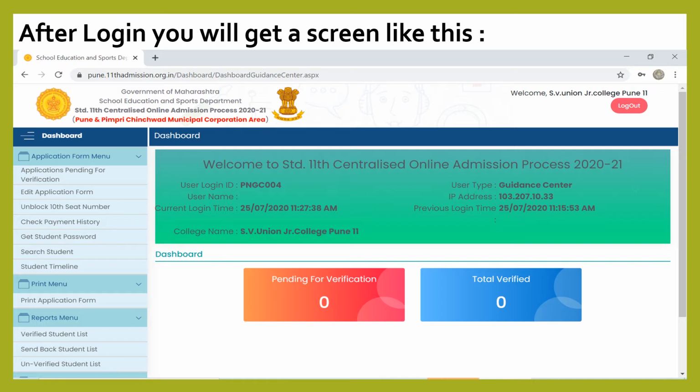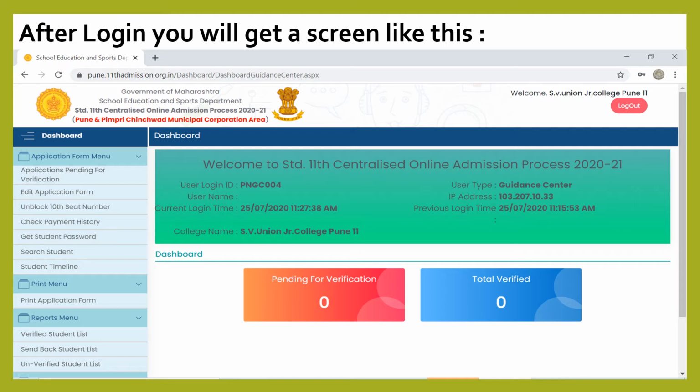After that, the application form menu contains applications pending for verification, edit application form, unblock 10th seat number, check payment history, get student's password, search student, student's timeline, and printing the application form.